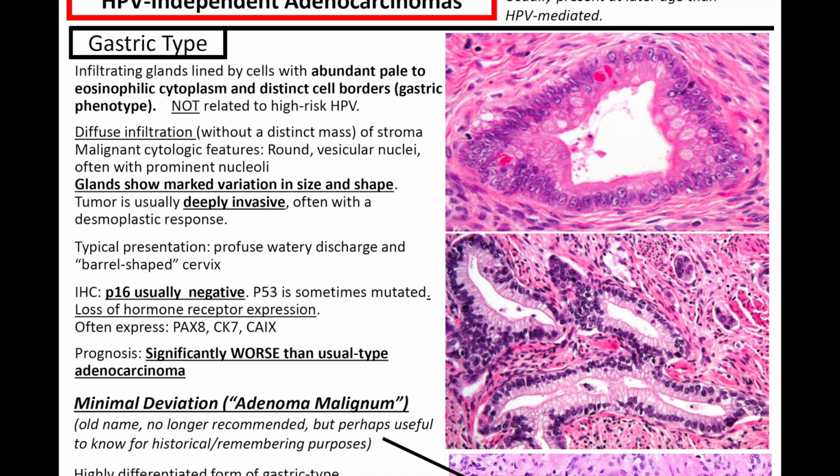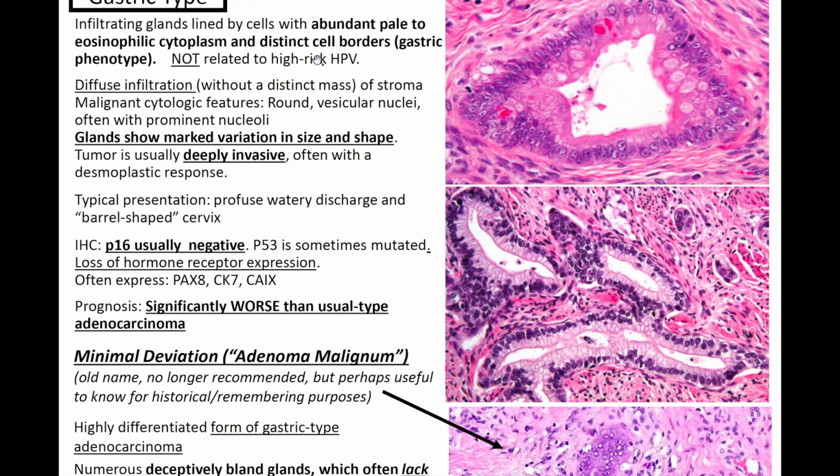Moving on, so we have some HPV-independent adenocarcinomas. These usually present at a later age than HPV-mediated. So the first of which is gastric type. So gastric type, you'll have infiltrating glands lined by cells with abundant pale to eosinophilic cytoplasm and distinct cell borders, or gastric phenotype. This is not related to high-risk HPV, and you'll have diffuse infiltration without a distinct mass of stroma with malignant cytologic features, round vesicular nuclei, often with prominent nucleoli. And the glands show marked variation in size or shape, and the tumor is usually deeply invasive,